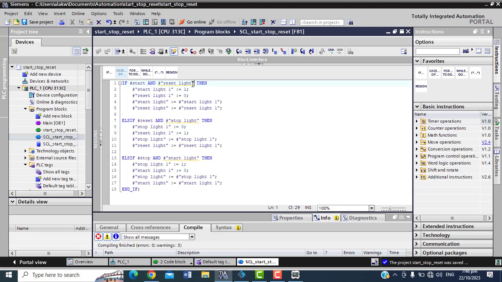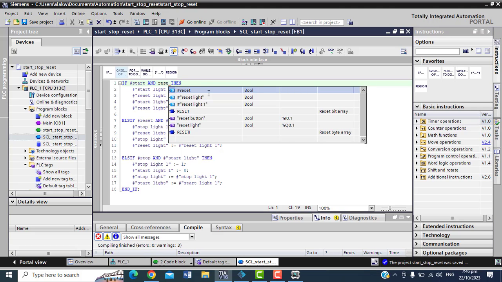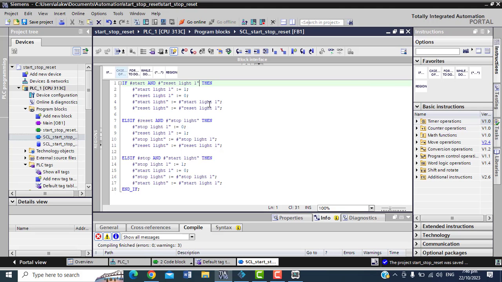So let me read the one we get, let's read the light there. That is here now, reset lights. So let me read reset light 1. Let me read reset light 1.